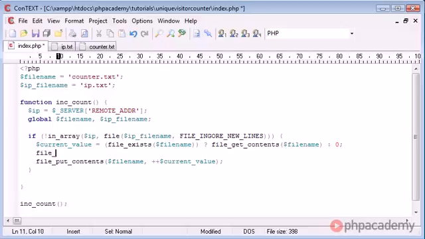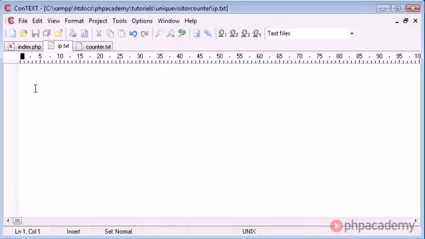So I'm going to say file put content. I'm using exactly the same function as I've used here, but this time what I'm doing is I'm inputting it into IP file name. So we're writing something to ip.txt because IP file name corresponds to this value here. What we're then inserting is the user's IP, and then we're going to concatenate on with a full stop \n, which is a new line. So after say 5 or 6 are written down, there's going to be a new line after each one,